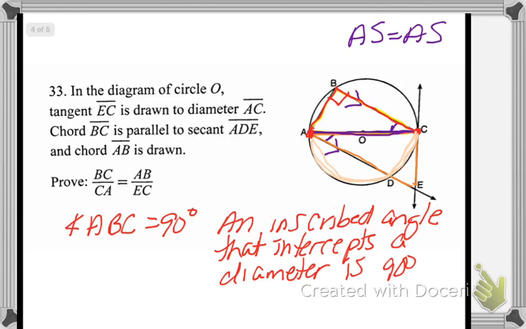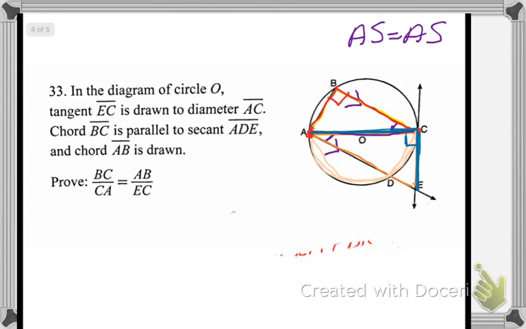Okay, now here's the next thing. If you look over here at this angle, right here, ECA, that is a diameter that is intercepting with a tangent. And when that happens, we have a right angle. So we're going to say, get rid of this, that angle ACE, I have to say this is like one of the hardest proofs I've seen on the regions. ACE equals 90 degrees, and you're going to write